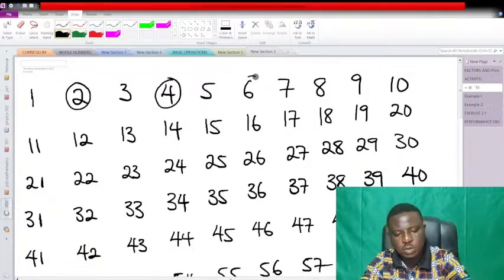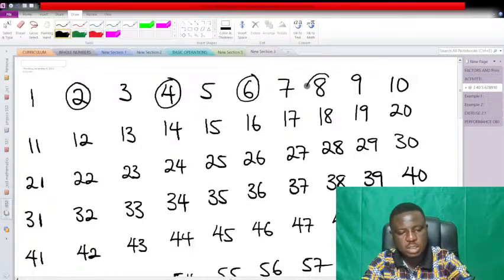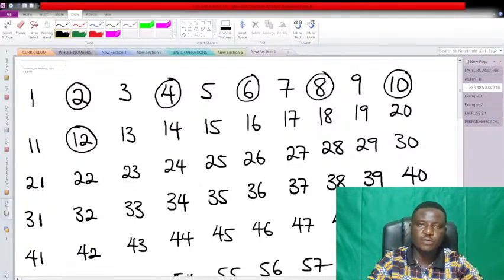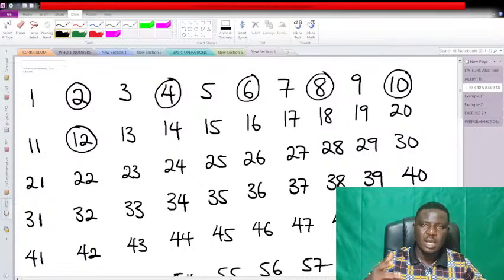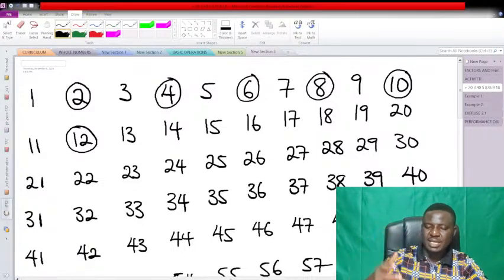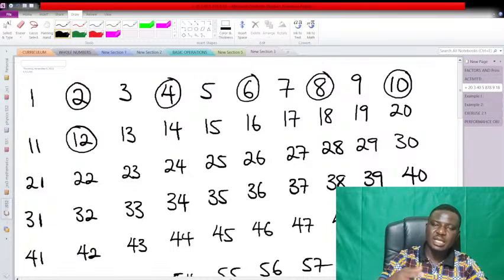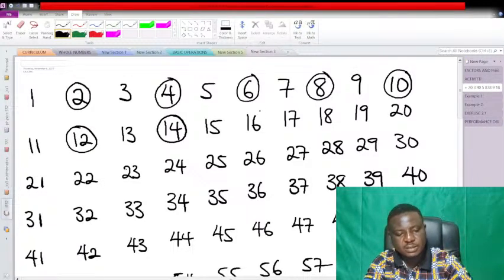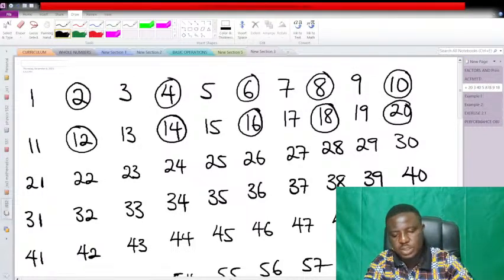4, 6, 8, 10, 12. Multiples of 2, you can start from 2 and be circling every 2 numbers you have after 2. That is equivalent to you shading or circling the multiples of 2. So we have 14, 16, 18, 20, 22, 24,